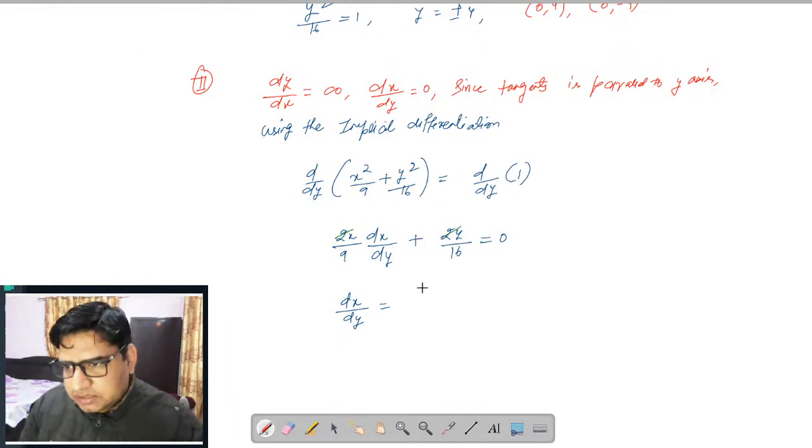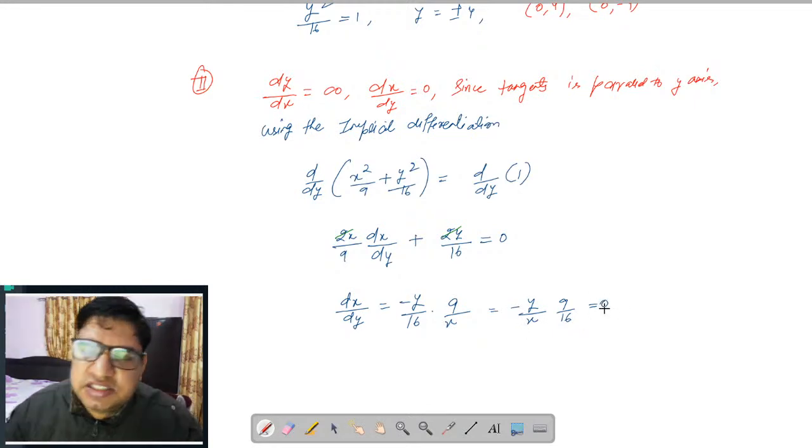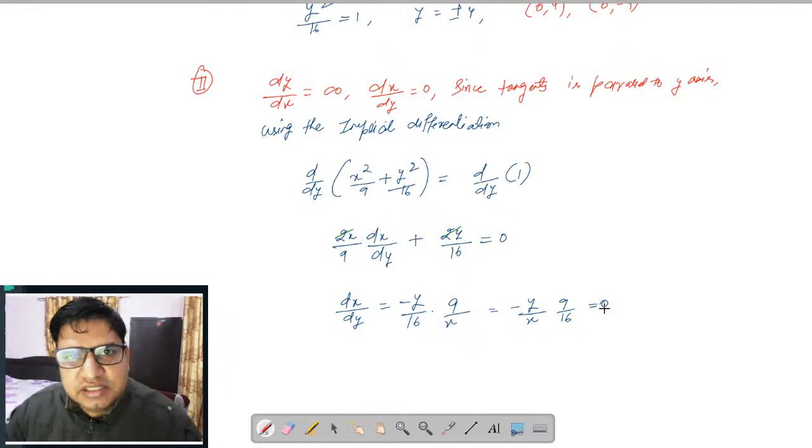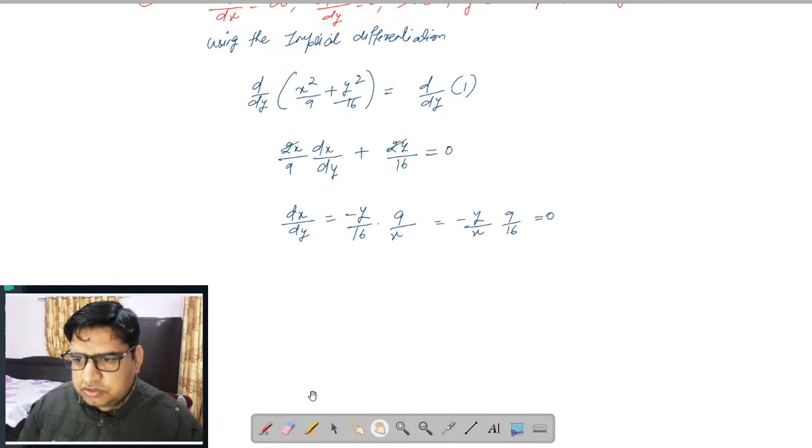And that will be minus y upon 16 into 9 by x, or you can simply write down minus y upon x into 9 by 16. And from there we get y is equal to 0, because as we have discussed earlier, 0 upon anything is 0, or 0 into anything is 0, so y must be 0 here. So we get one of the points, and using that point, for y is equal to 0,